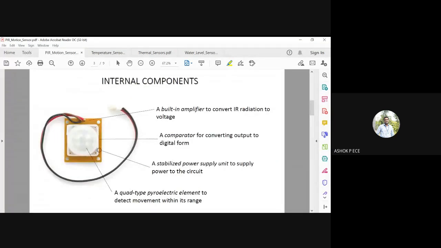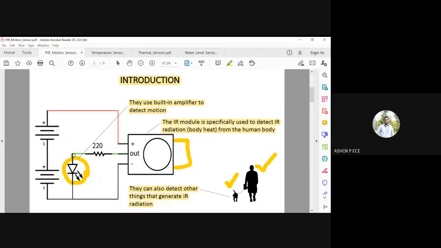As it is, if you go to Ritchie Street and ask for a PIR sensor, this is the device you will get, and it's a 3-pin device. So see here, it's a 3-pin device. One is for the output, and plus and minus are for your power supply. Simple device. You can do it in your house also. So plus and minus you connect to DC supply, and output you connect to an LED with a resistance.